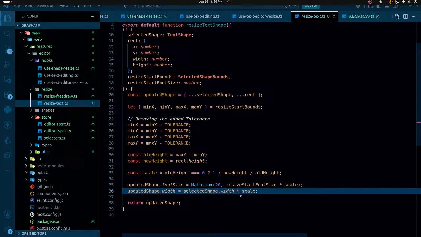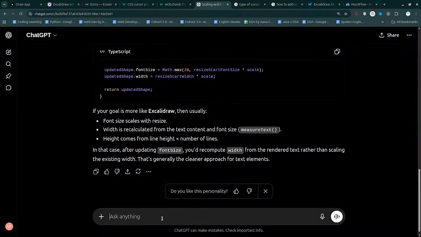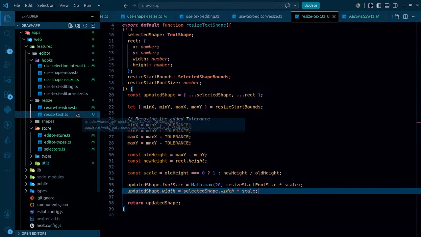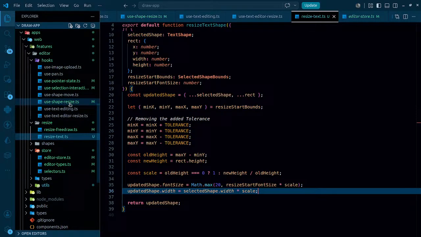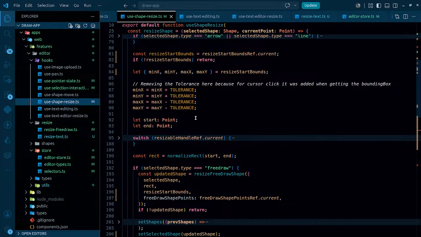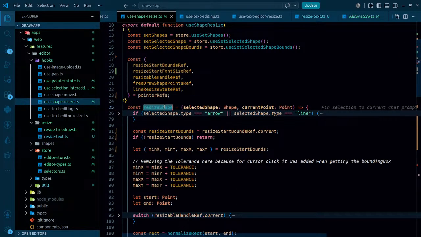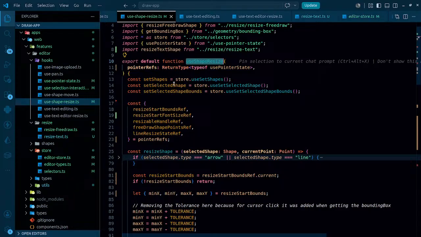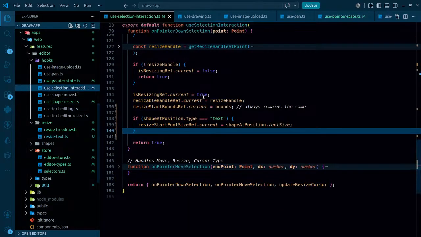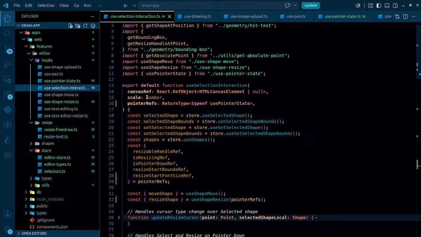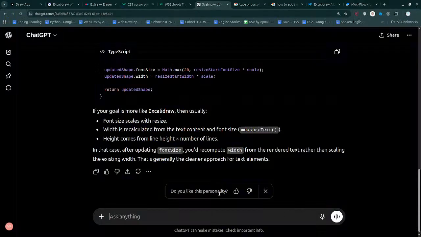It has, how about, let me see, but for that thing I'll have to pass the canvas ref. Is this even a canvas ref that can be passed? So from here, that simply means I need to pass the canvas ref in this particular hook as well. Ultimately the hook needs shape resize, so shape resize is being used inside this. So as this is being used inside this, do we have the canvas ref over here? We do have. So let me ask,